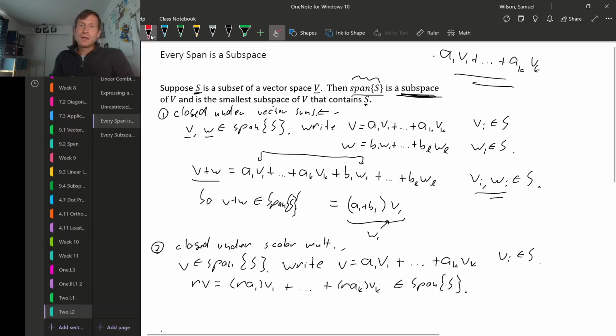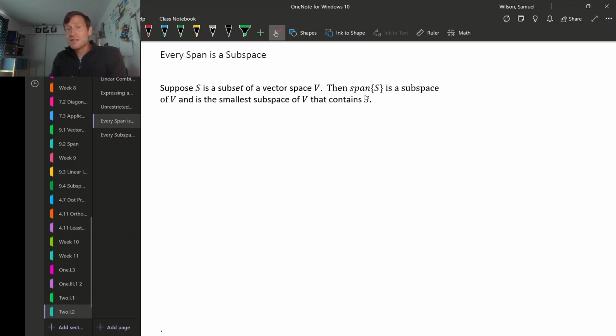All right. So it's nice that the span is a subspace, but really the reason that we care about it is that it's the smallest subspace that contains the set S that we started with. So why is that? To show that the span is actually the smallest subspace in V that contains S, let's suppose, what does this really mean, the smallest subspace? Well, that means that if we have a subspace that contains S, it actually has to contain all of span of S. So what we want to show is